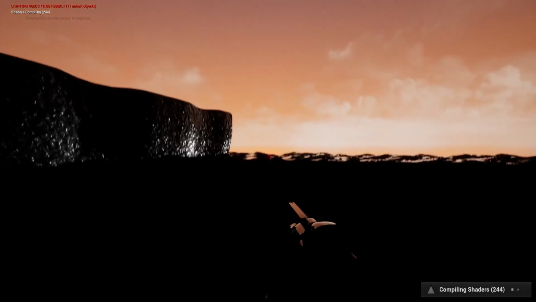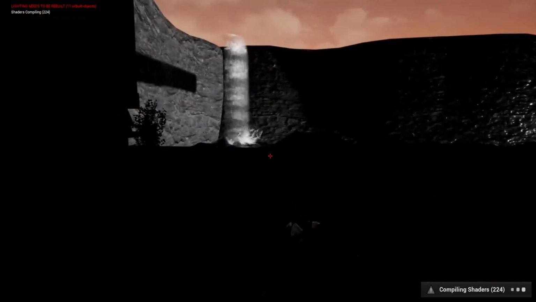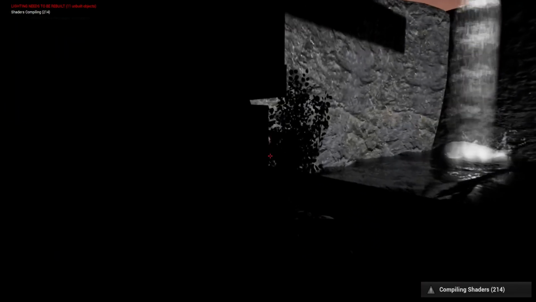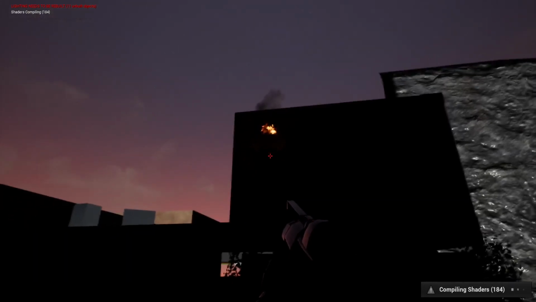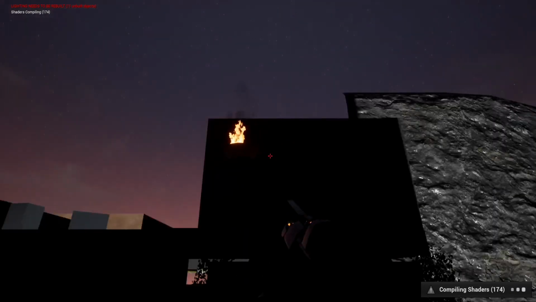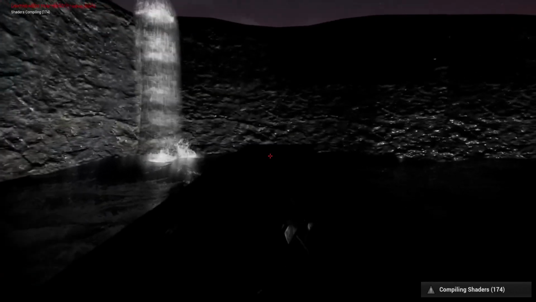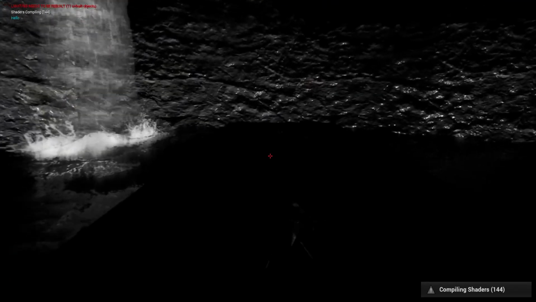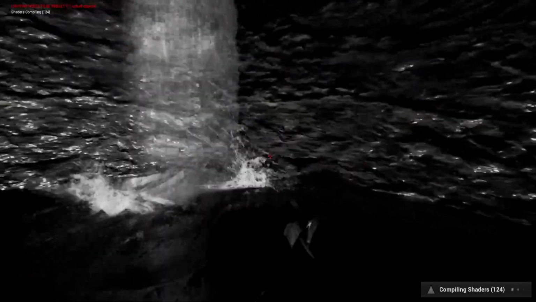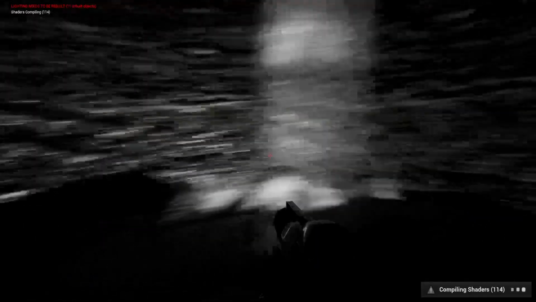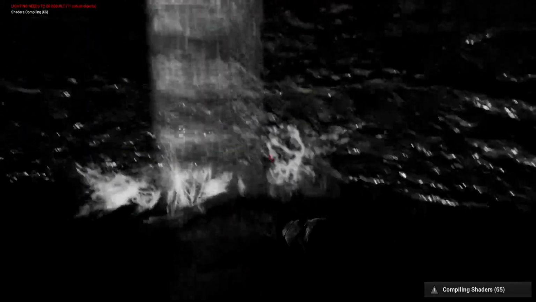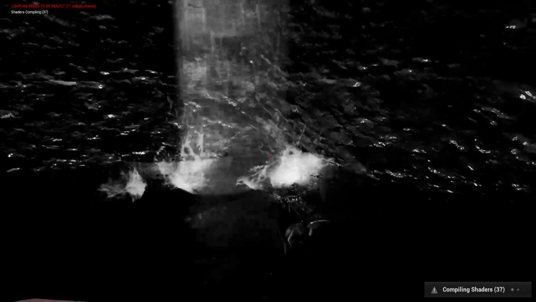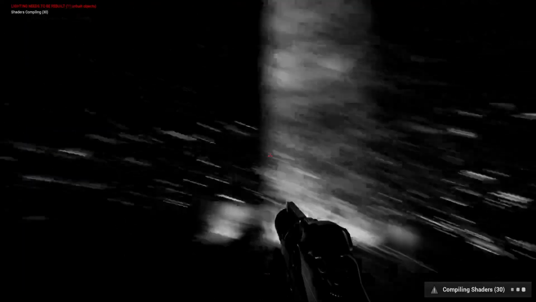This is where I added a day and night cycle. The shaders are still loading, so it's a little darker. All the lights are not working. I don't know where I'm going to fall, so I'm afraid to get close.